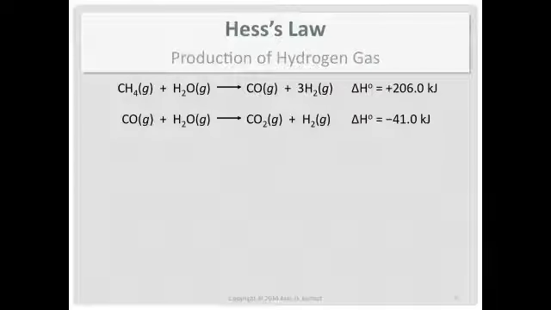Well, it's common to take that carbon monoxide that's produced and then continue to subject it to steam to produce carbon dioxide and more hydrogen gas. It's exothermic, negative 41.0 kilojoules, and this second reaction is called the water-gas shift reaction. It can be done both at low and high temperatures. It's kind of challenging because while it's thermodynamically favorable at the low temperatures, it's kinetically favorable at the high temperatures, in other words, speed of reaction. So there's a balance going on between those.